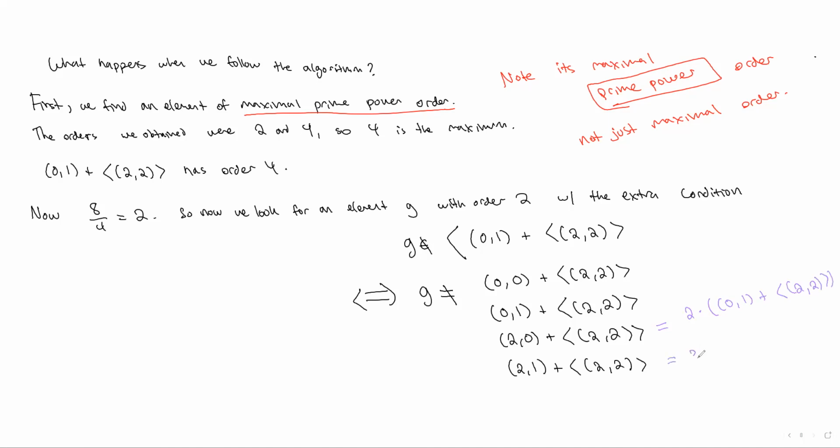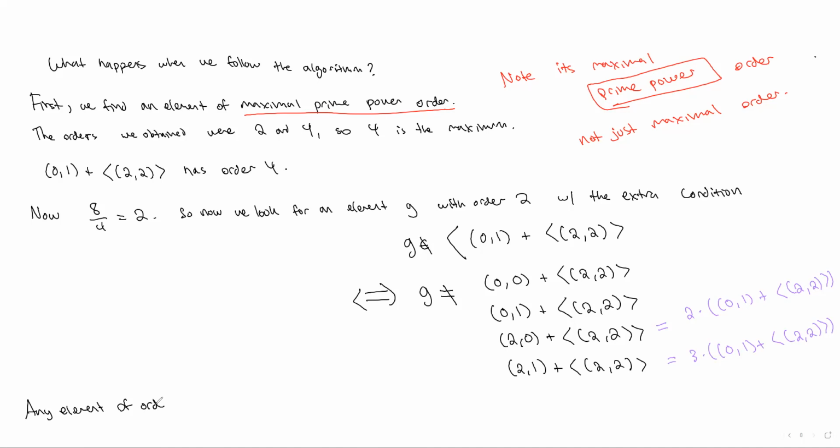This is 3 times (0,1) + ⟨(2,2)⟩. Okay, so any element of order 2 that isn't